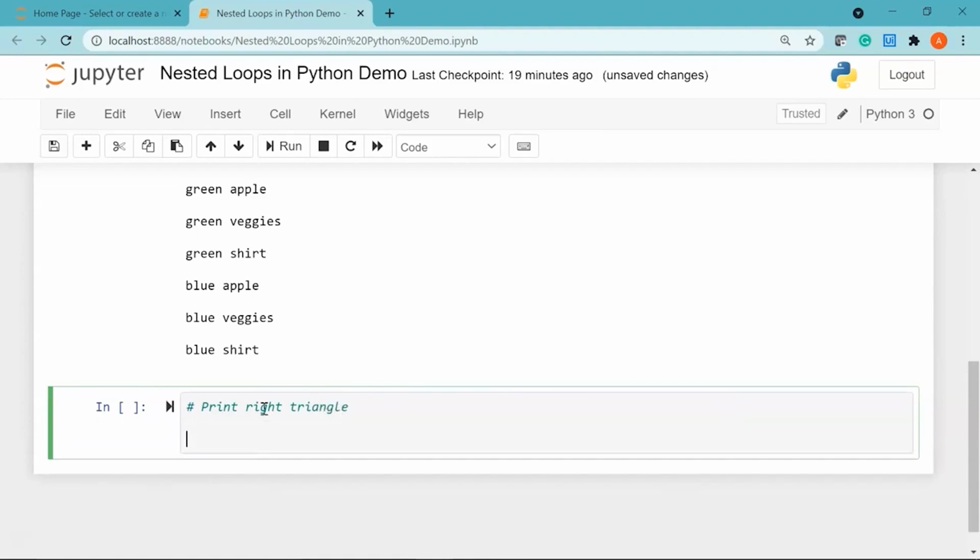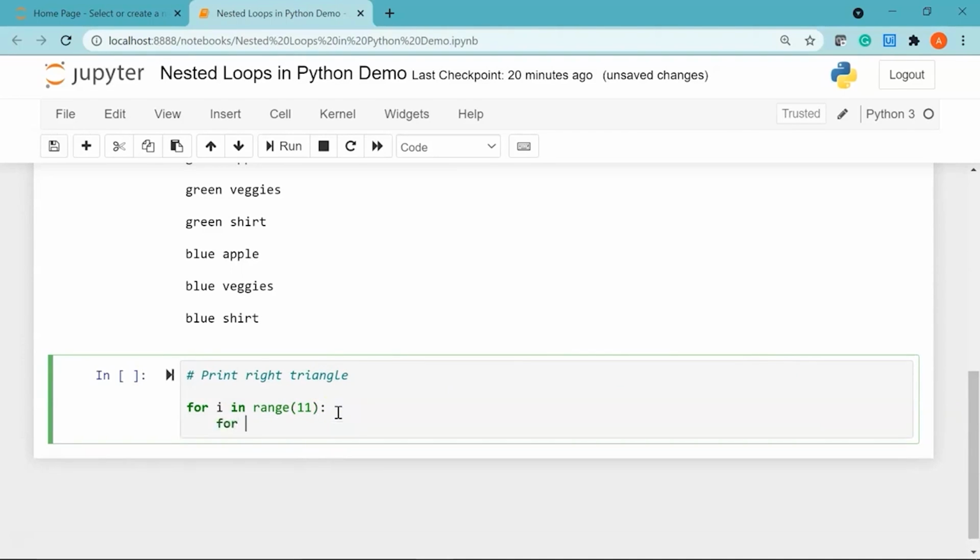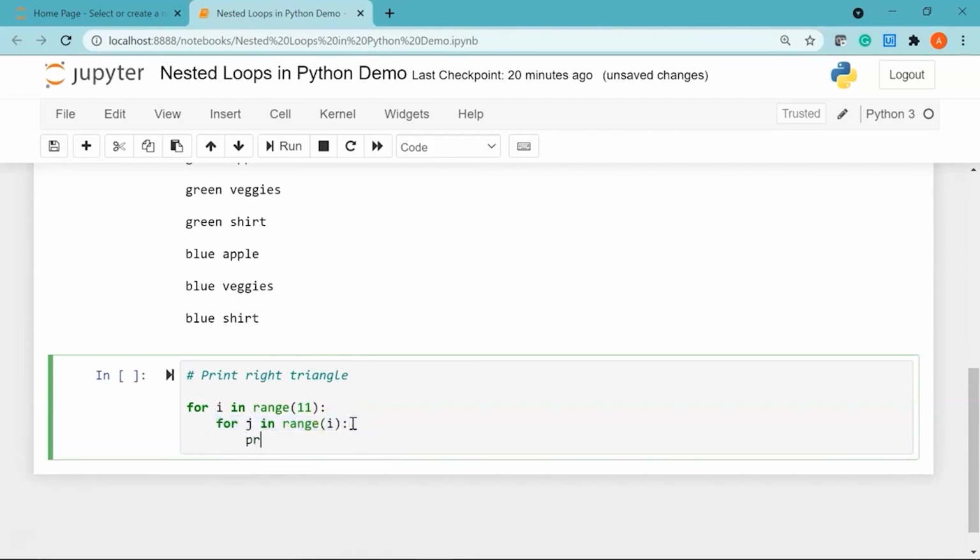Okay. So I'll start my for loop. I'll say for any iterator variable, let's say I, in range. I'll pass my range as 11, so it will go from 0 to 10. Then I'll say for j in range I, so this will take the number of columns. I'll say print